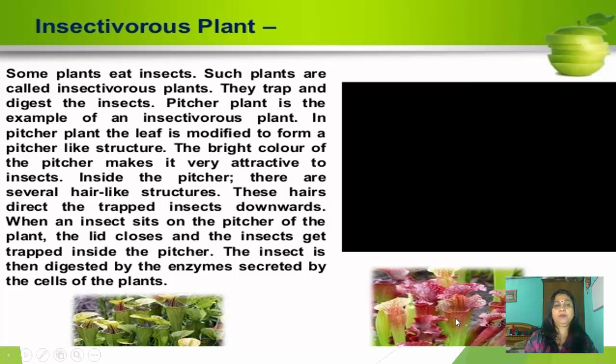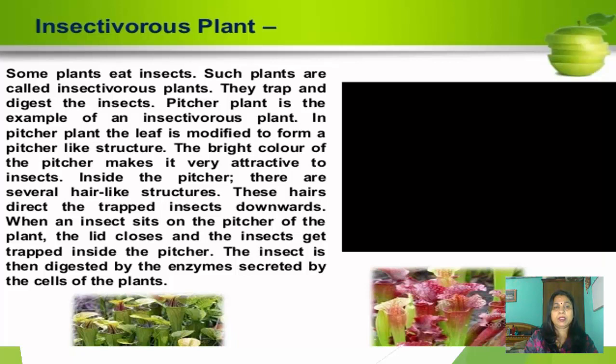You can see in this figure this pitcher-like structure, and there is a lid. You can see it. Okay, this is the lid. When an insect sits on it, you can see it's very brightly colored. They're very beautiful, so that the insect gets attracted towards it, and they trap the insect. Then these insects are digested by the enzymes which are secreted by the